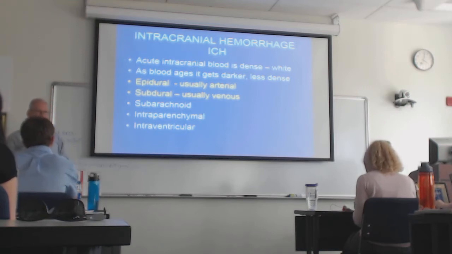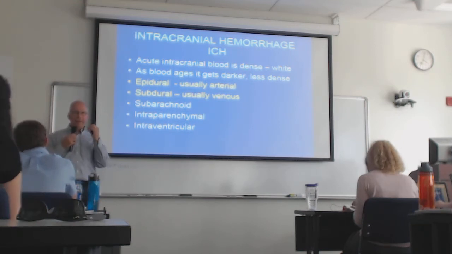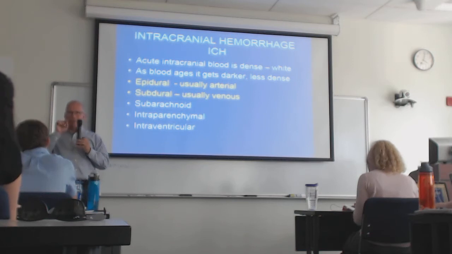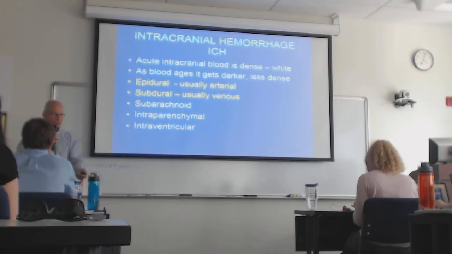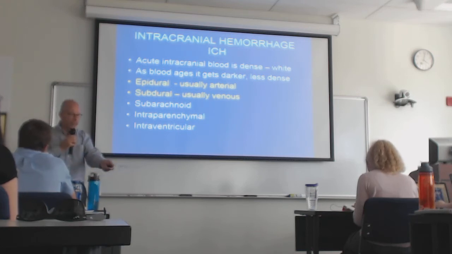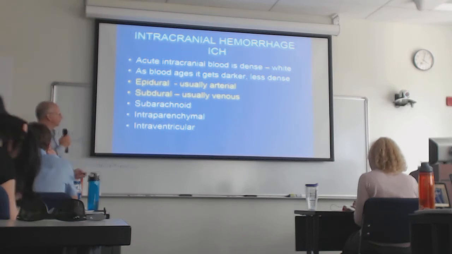Because if you think about it, if you've got a blood vessel that's under arterial pressure at the base of your brain and it's got an aneurysm in it, and the aneurysm blows, it's going to direct that blood like a fire hydrant right into the brain parenchyma, right into the ventricle. It's just like you took a hose under pressure and just was hosing away some dirt or something. It would just go right through it.